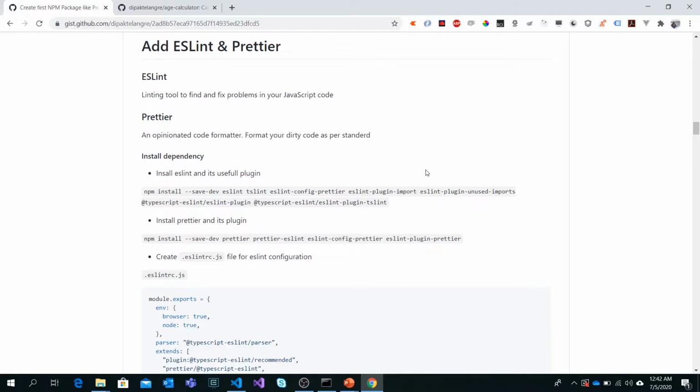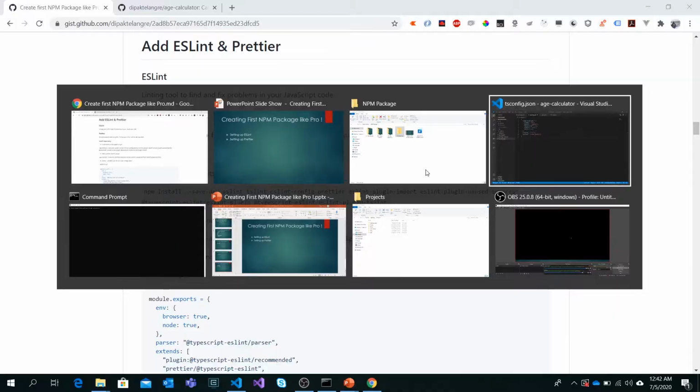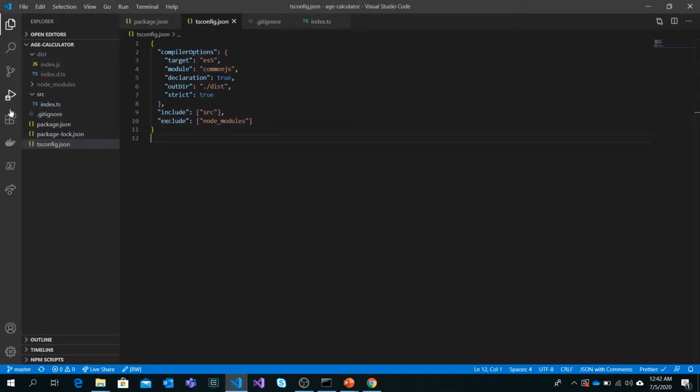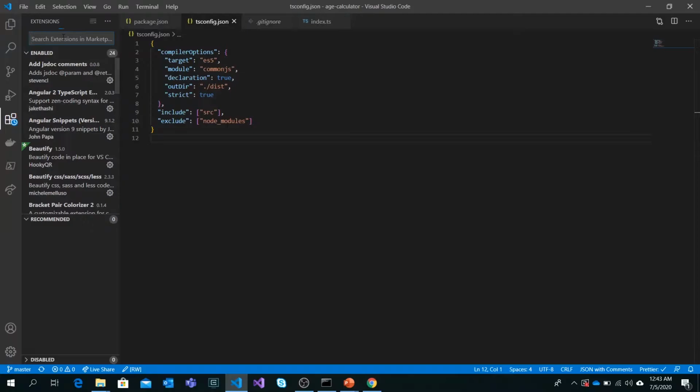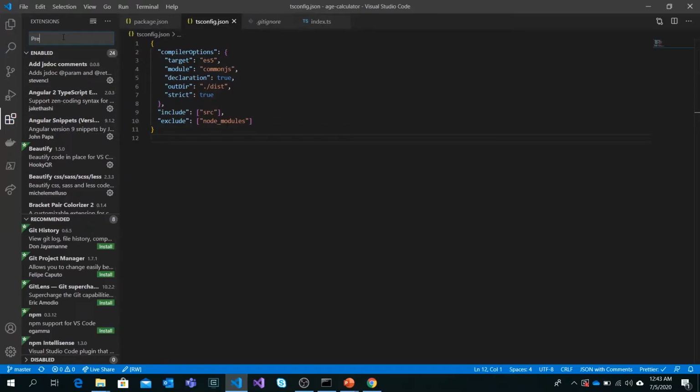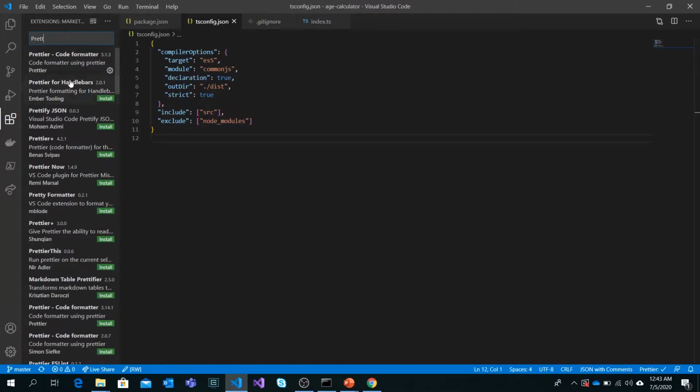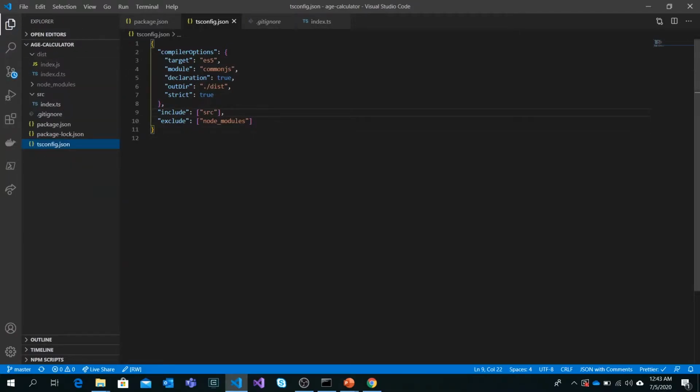I have chosen Prettier and ESLint because it has many advantages. If you would like to know more about it, just head toward the ESLint and Prettier documentation. You will get to know. Prettier also has an extension for VS Code. I am already using the Prettier extension for VS Code, so it can help me to format my code while doing the coding. So if I save my file, it will try to format on save.